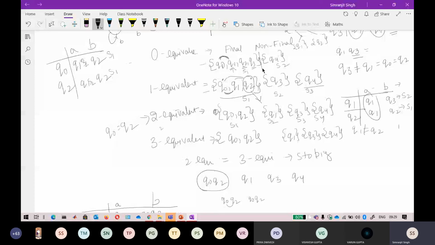separate from all the states. So I will not worry about this state. I will not care about this state. Okay, so that is why I'm comparing only the elements. Okay, so this set contains 1, 2, 3, 4 states. I will try to break these states. If in the end I am not able to do that, then those states I will combine.